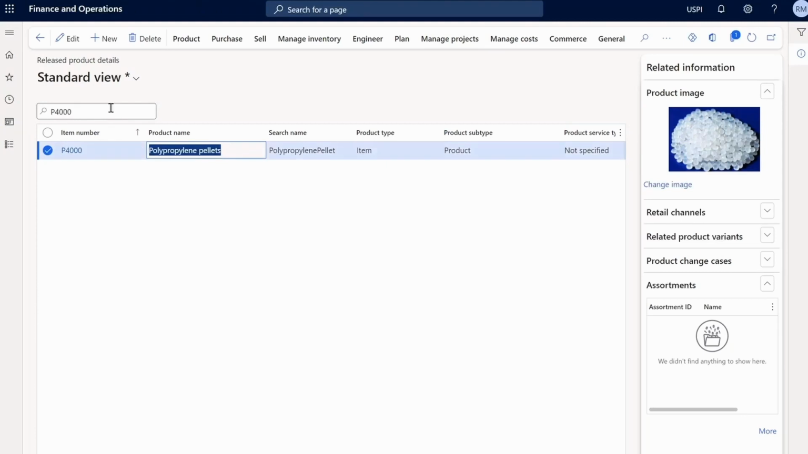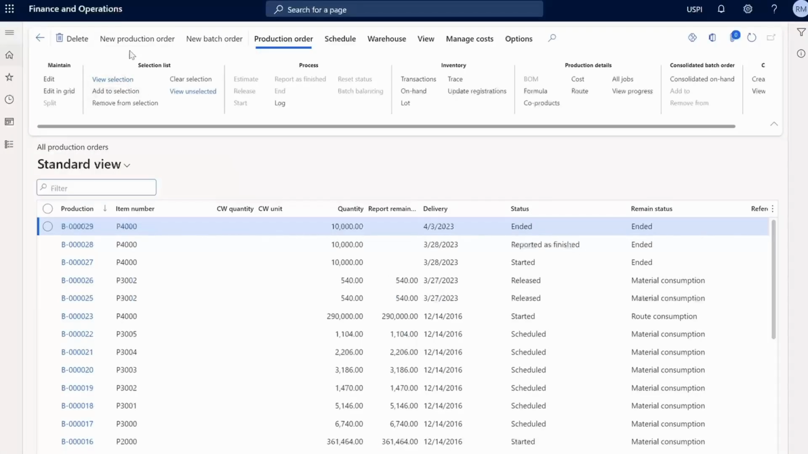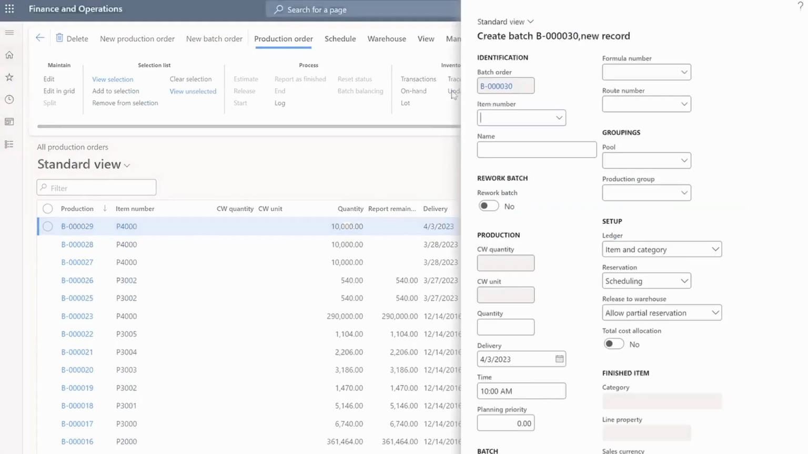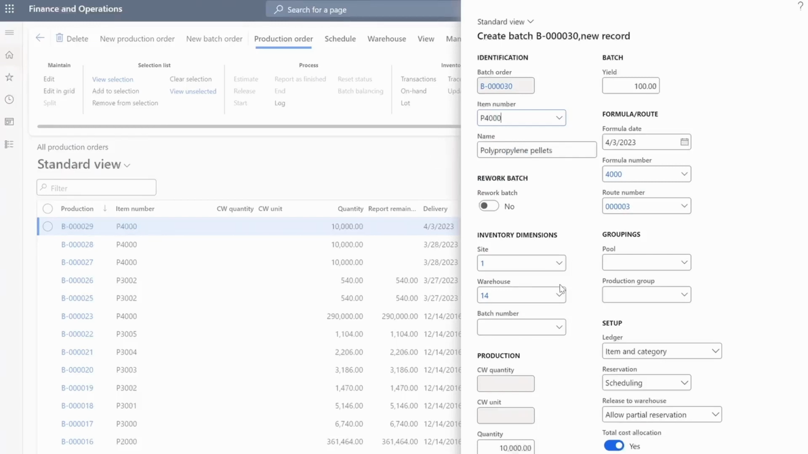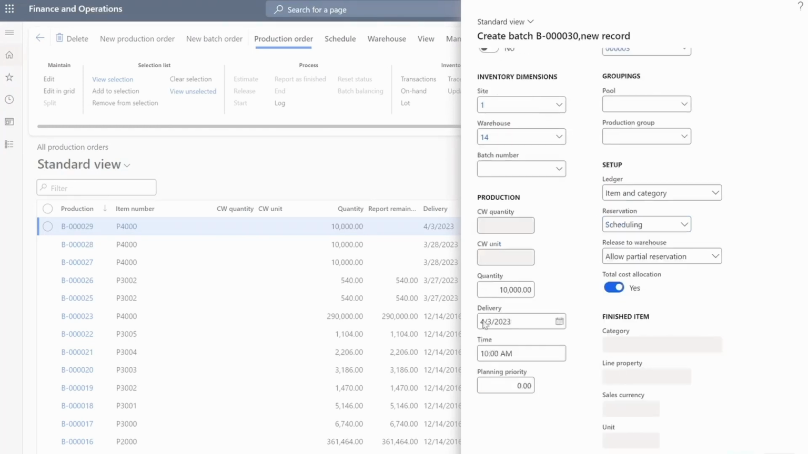So I'm going to start with the production order screen here, by creating a new batch order. I'm going to choose the same part number which I showed you in the previous step, P4000, and based on the batch size of 10,000 quantity and the yield of 100%, it's chosen the right formula for me and also the right route which is tied to the part number. Once I create a production order,